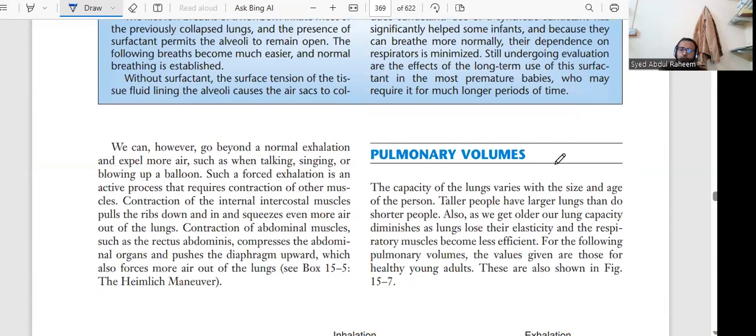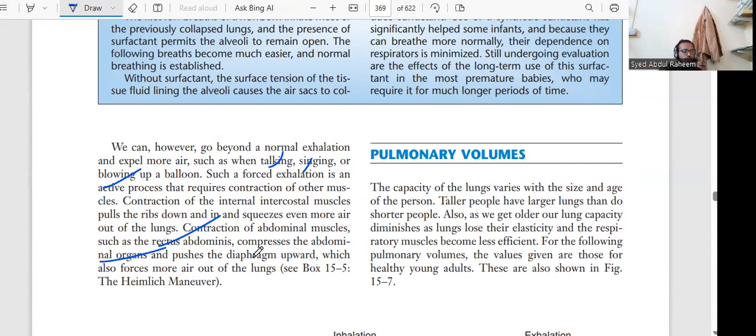Okay. We can, however, go beyond a normal exhalation and expel more air, such as when talking, singing, balloon blowing. Forced exhalation is an active process that requires contraction of other muscles. Contraction of intercostal muscles pushes the ribs down and squeezes even more air out of the lungs. Contraction of abdominal muscles such as rectus abdominis compresses the abdominal organs and pushes the diaphragm upward, which forces more